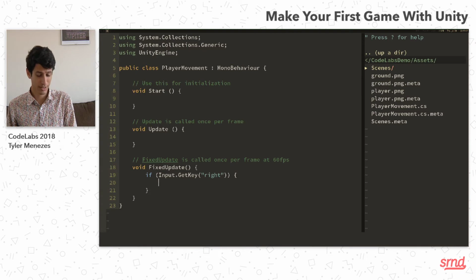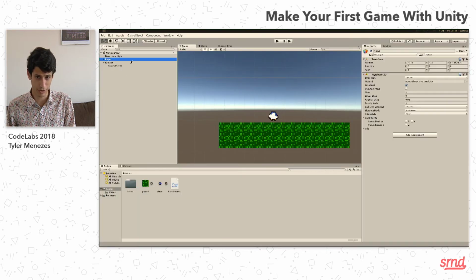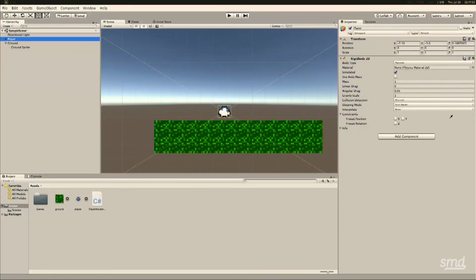So right here we've checked if the key is pressed, and what we want to do next is move the object. Now, how do we move an object? If I click on our player over here, I'm going to switch back over here, it's got this Rigidbody 2D. This Rigidbody 2D is actually the part of the character that can move. It's the part that deals with physics. There are other ways to move the character, but we want to use the built-in physics engine,